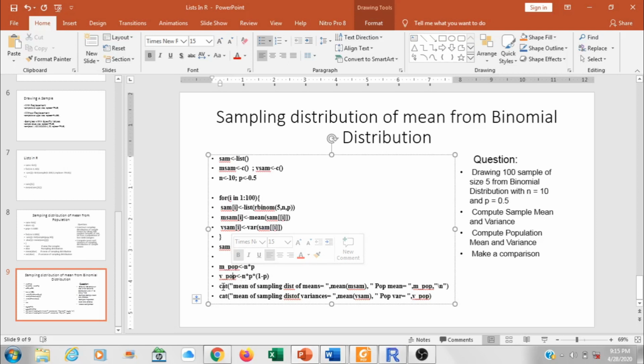This is the cat command for displaying the mean of the sampling distribution of means and the corresponding population mean in an appropriate manner. Similarly, we have used the cat command for displaying the mean of the sampling distribution of variances with the corresponding population variance. So let's run this code.